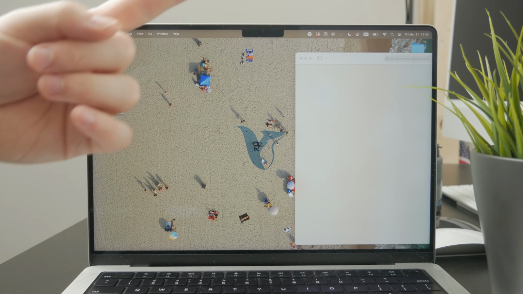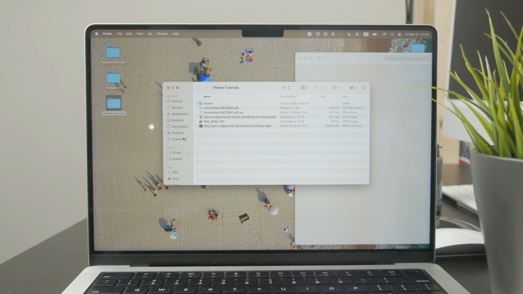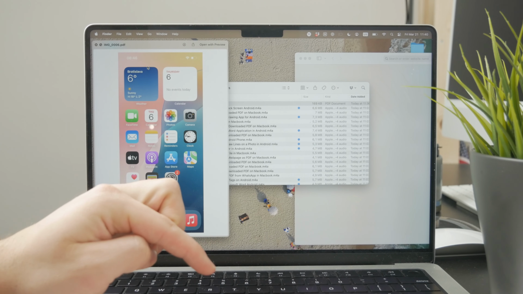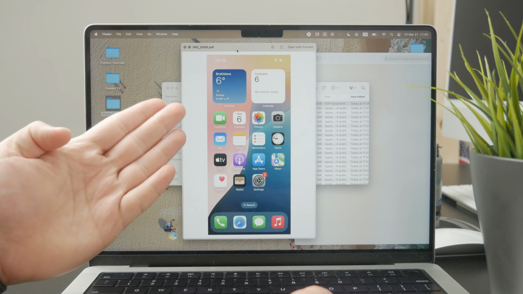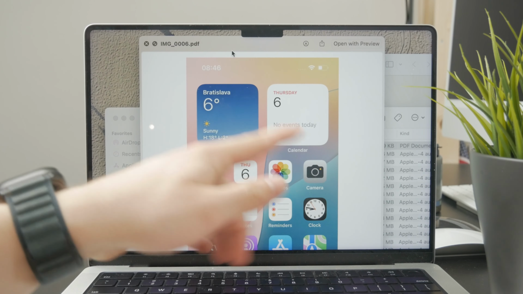So this is how you can type on a downloaded PDF on your MacBook. Let's get started. So if you have a PDF in your Finder, you can easily just select it and click on the space bar on your keyboard to make the preview show up. And when you do so, there is going to be an edit button above it on the panel,